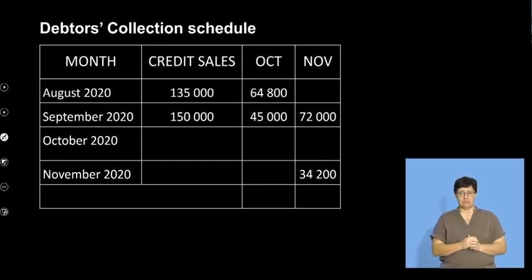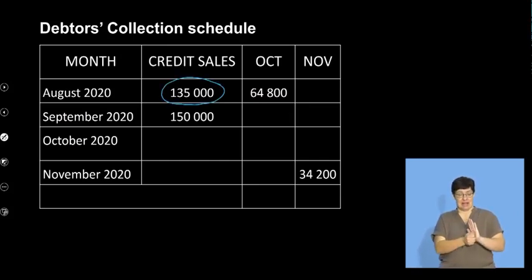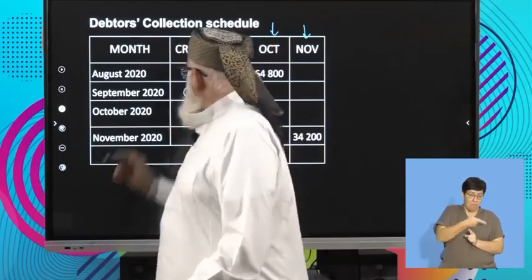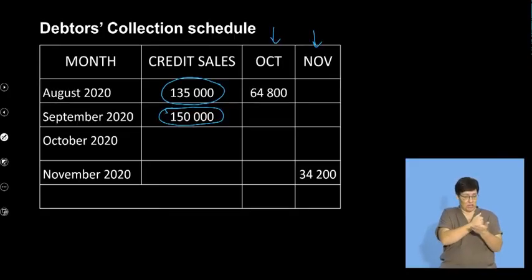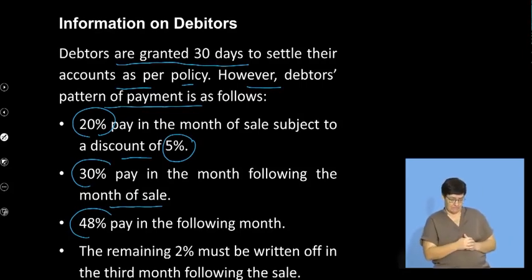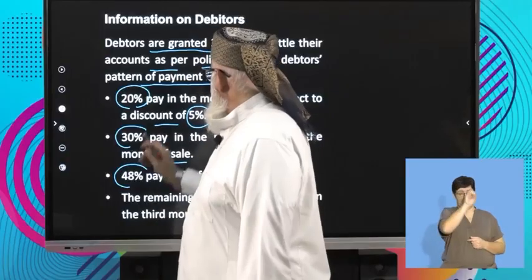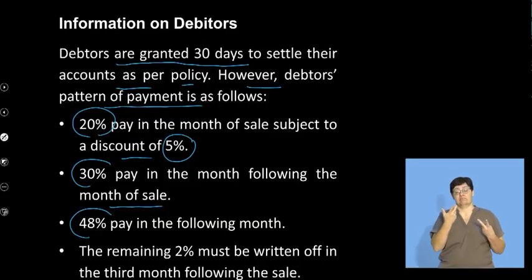Here we can see that we are given the September sale of 150,000 Rand, and we're now going to use our proviso. Remember, our budget period is October and November. Taking my September sale into consideration, which is 150,000 Rand, I want to know what amount I will receive from my debtors for the month of October. So once again, the proviso is important. We said 20% in the month of sale, so September 20%. October will be 30%.